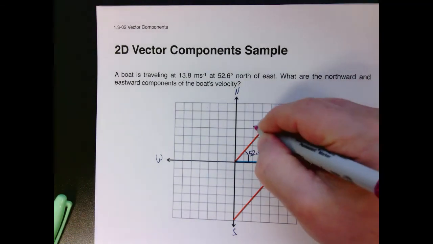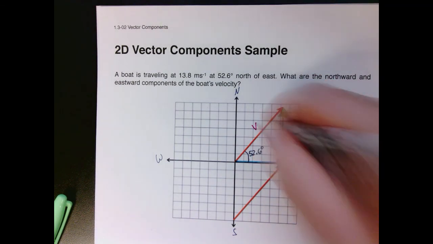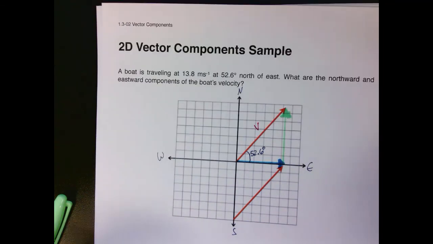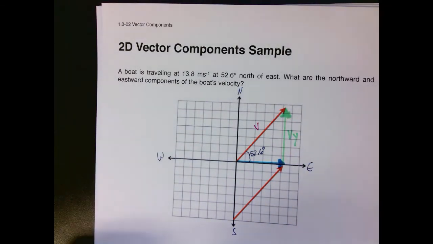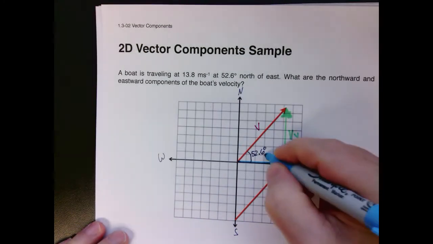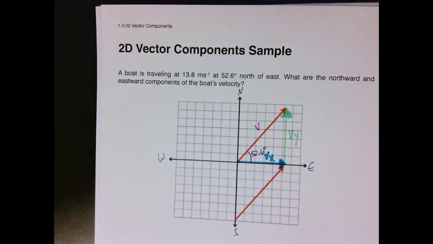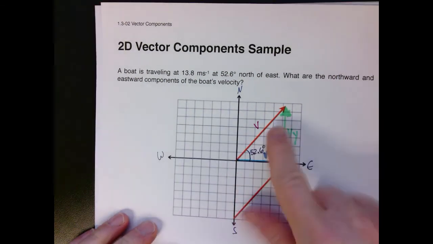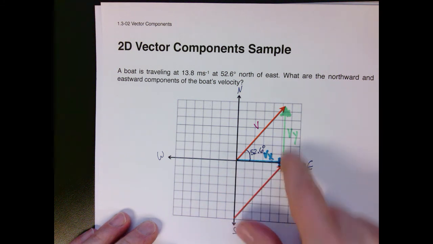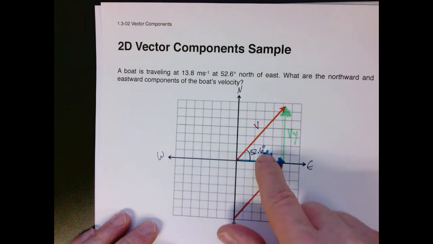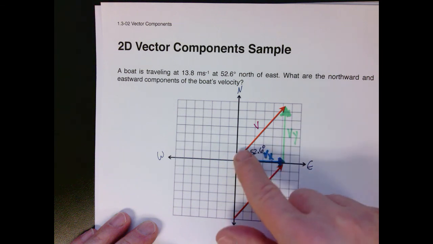This is V, the vector V. This is Vy, and this is Vx. So what we can see is that when we have this velocity vector V, we can break it into its x component and its y component,